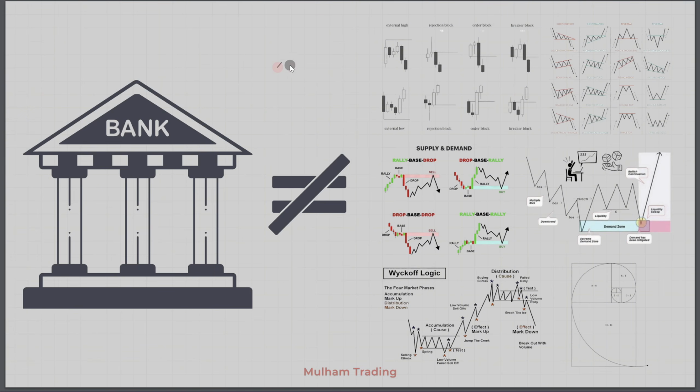In reality, they do not trade those patterns. They don't trade the supply and demand the same way you're looking at. They don't look at order block as a pattern or breaker block as a pattern. They also don't look at those wedges or market structure, where we have a breakout structure here, market structure shift, demand zone, all of those things. They don't look at the market as patterns. And that's the problem that you're having. You are looking at patterns.